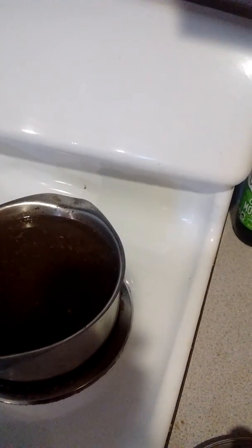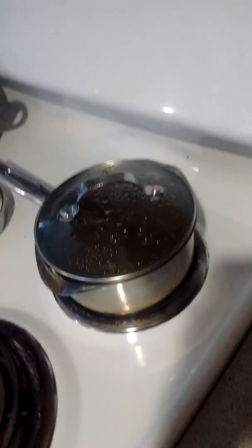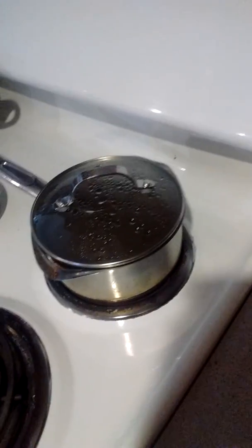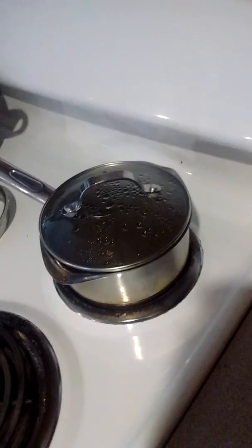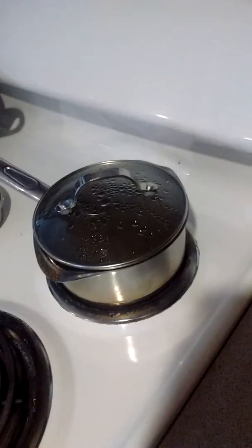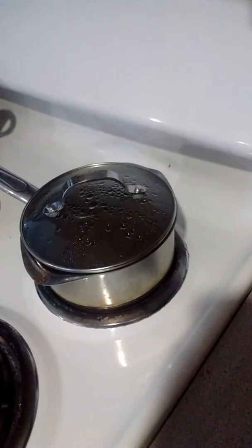So I put in like 2 teaspoons of miso and a pinch of spice bush leaves in here, and I've got it set on 1 just to brew, and that's after boiling or simmering it for 2 hours. And then I turn the heat down so that it's not even simmering, and I'm just letting it ferment, and I'll just let it do that for as long as I can stand it, and then I'll start the quicker boil to reduce the water 3 times to where it's just over the top of the murk. And then I'll strain out the murk and boil down the water so that it's about a cup, and put